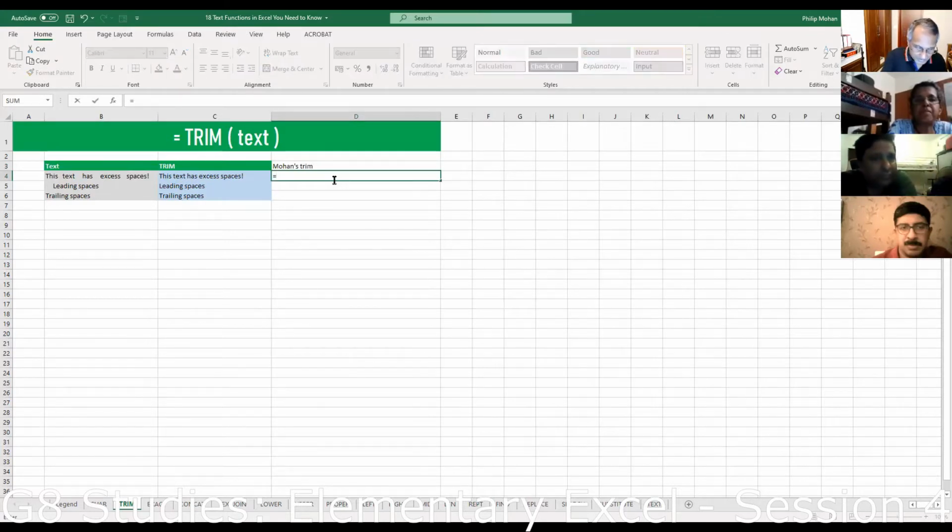Okay, trim, always you begin a function with equals. Okay, so open bracket and then it says text. That means you need to point to the cell. Okay, now when it says text, you can also just put in actual text, but that doesn't make sense.